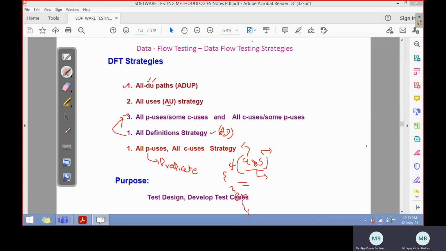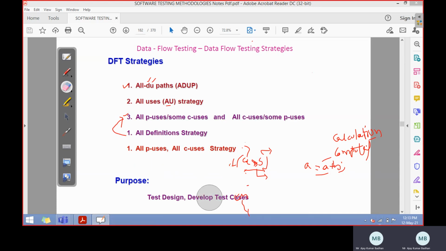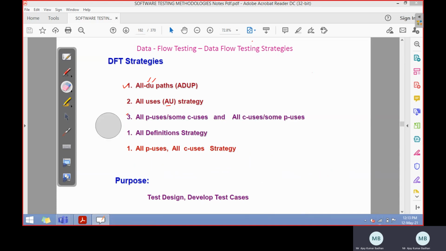So whenever you are using the variables in this way, we call it a predicate. But if you are using the variables for performing some computations like A equal to A plus B, then we call it computation, C. In easy terms, we can say it is calculation, using the variable for calculation purposes. That is what he's saying in this particular scenario. So let's see them one by one. These are very simple and normal strategies that we have.